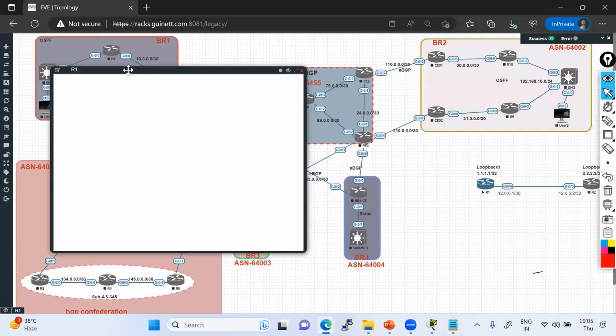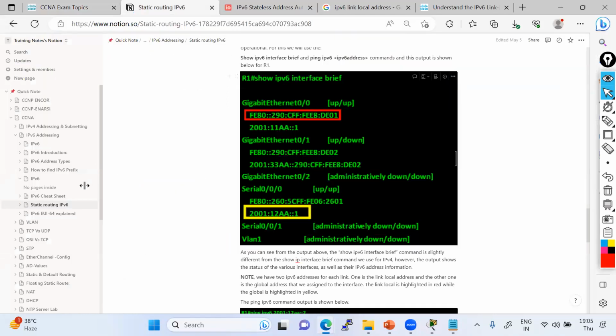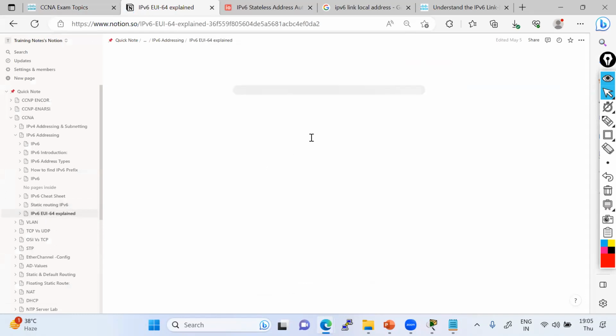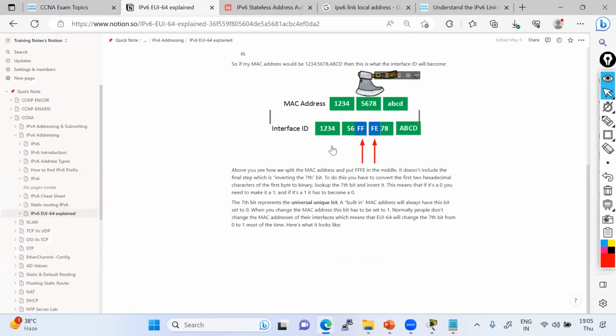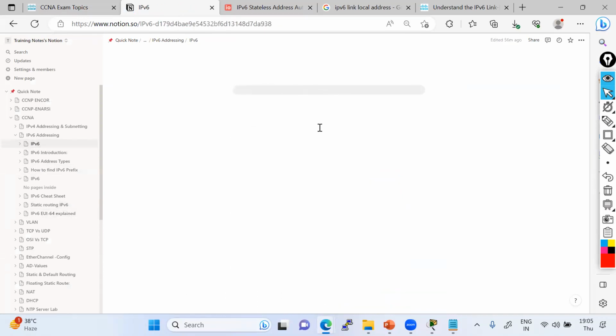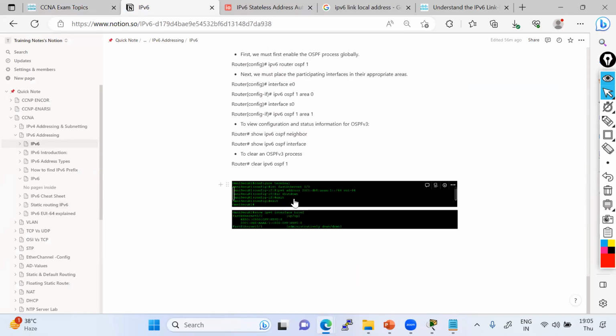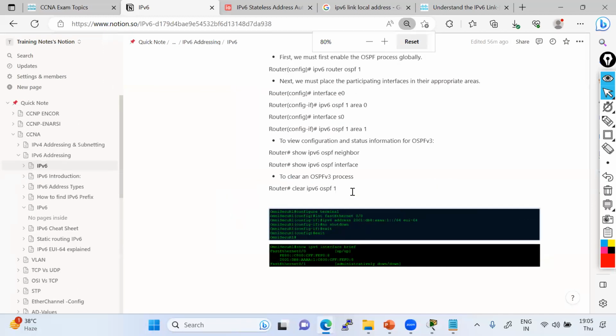Again, the option is not coming. So I'm trying to generate the IP address automatically. See, this is the command. It should be supported, but it is not supporting in some region.